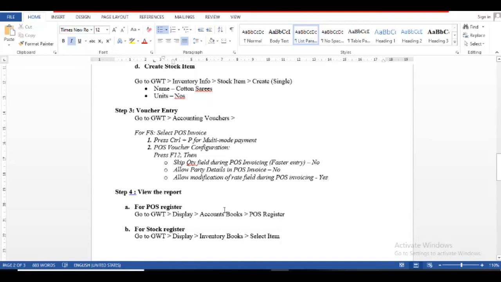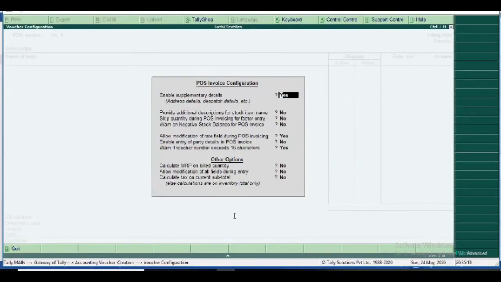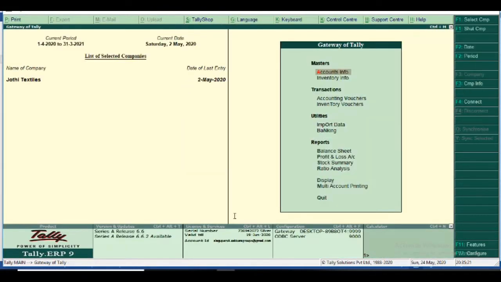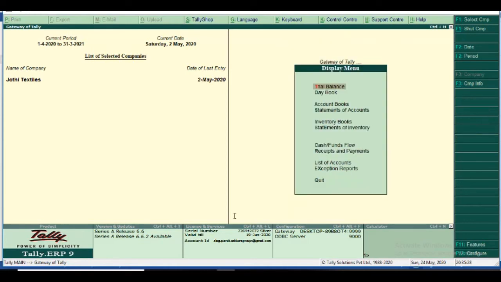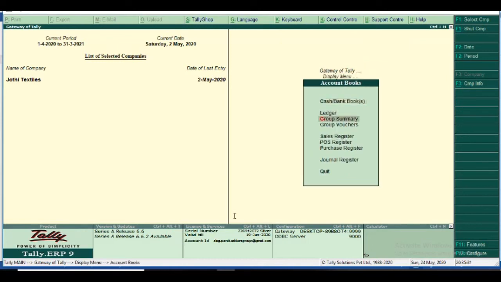Then I move to view the report for the POS register. Go to Gateway of Tally, Display, Accounts Books, POS Register. For the stock register, go to Gateway of Tally, Display, Inventory Books, select item. First I view the POS register from Display, Accounts Books, POS Register.